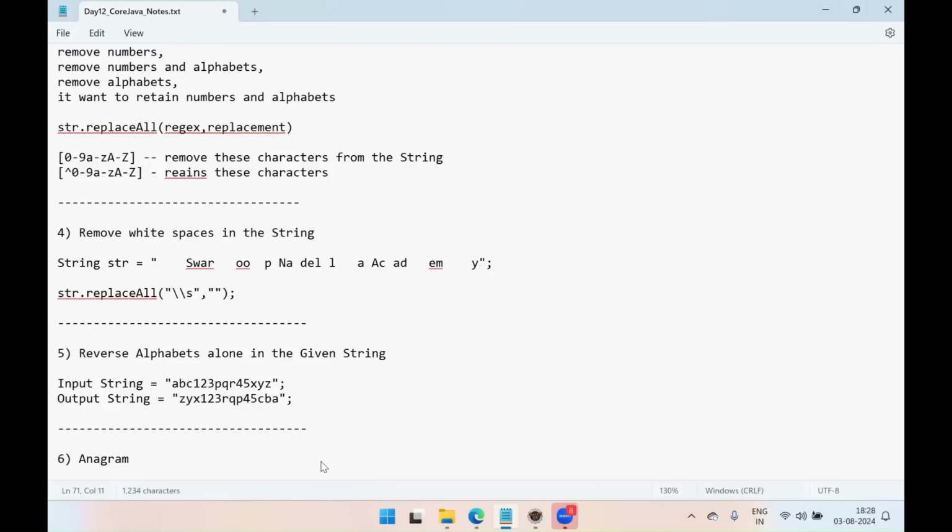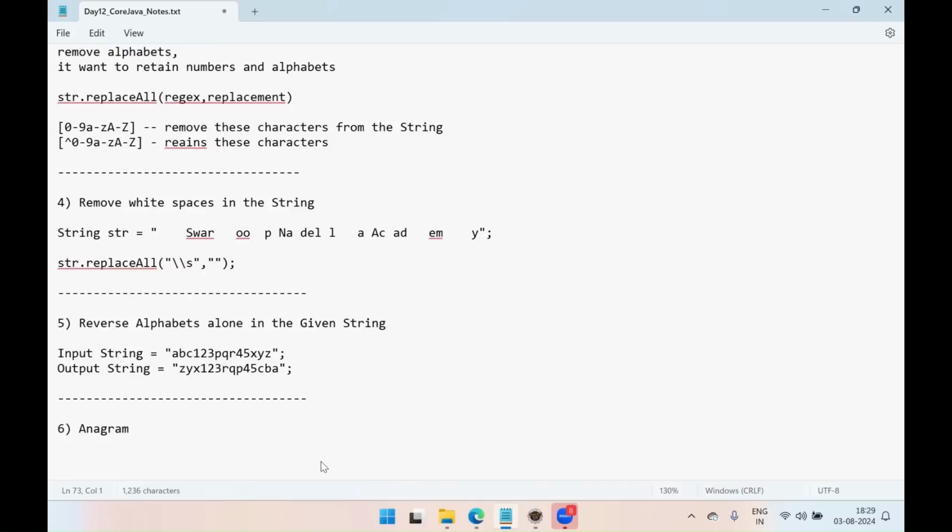Anagram is frequently asked in interviews. So even the logic that we are going to write is very simple. The only thing you have to understand is what is an anagram and how you can write the logic for that. So what is an anagram? Let me take some string, like str equal to